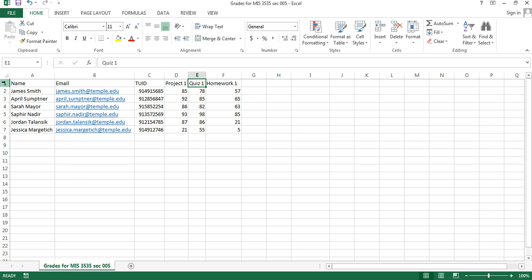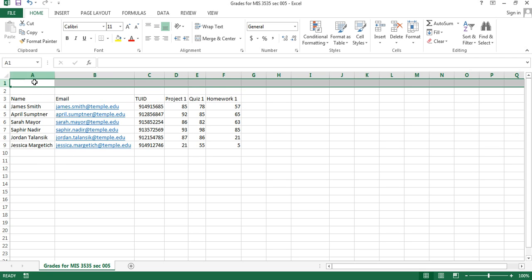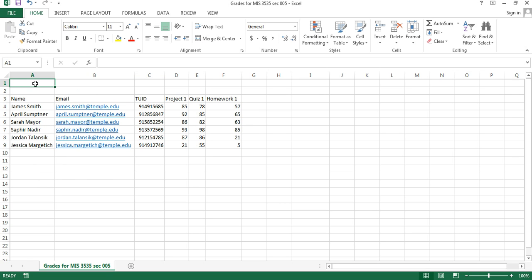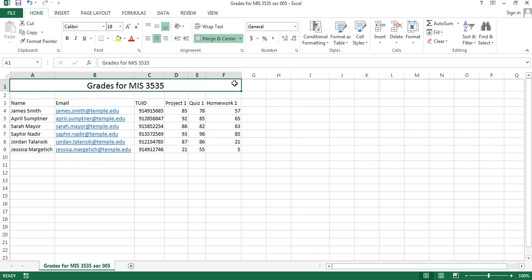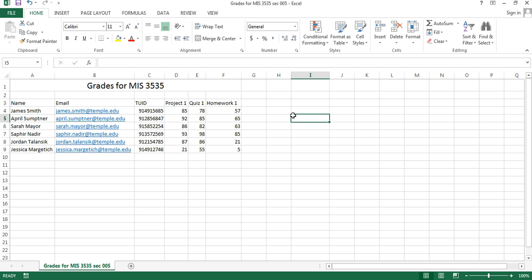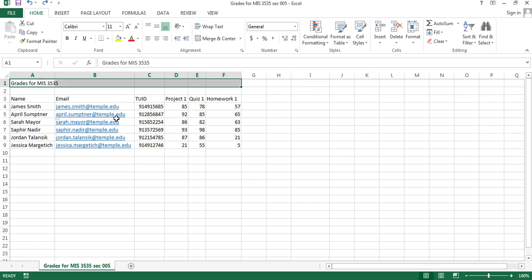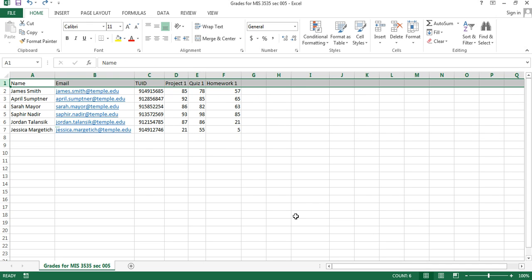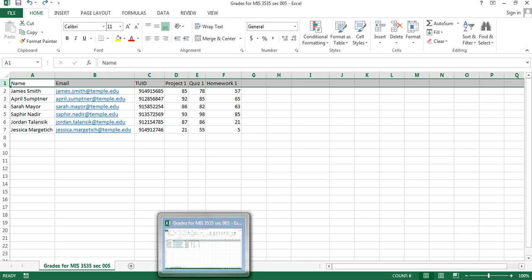So say you have 2 rows ahead of this that say grades for MIS 3535. We'll stretch that out, merge and center, make it real big. And as that looks nice, it's still not going to work because these need to be in the first row. So let's go back to Gradebook,